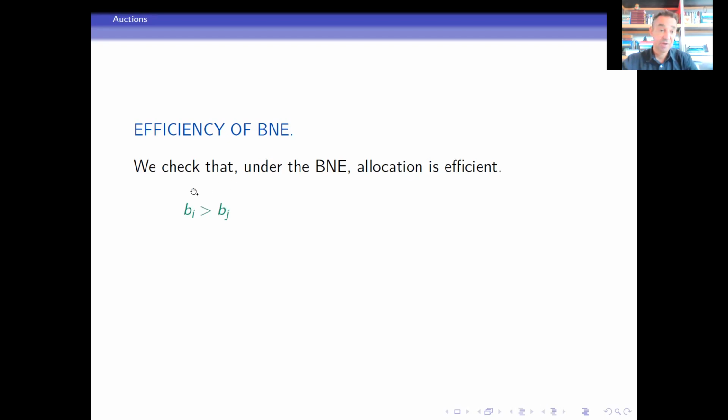So we allocate to a bidder i with Bi larger than Bj. But we know now that in equilibrium, that is under the Bayes-Nash equilibrium, the bids are given by this formula. So Bi bids according to this, and so does j. And then you see that, in fact,